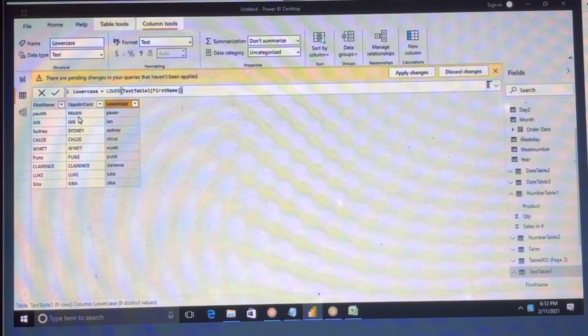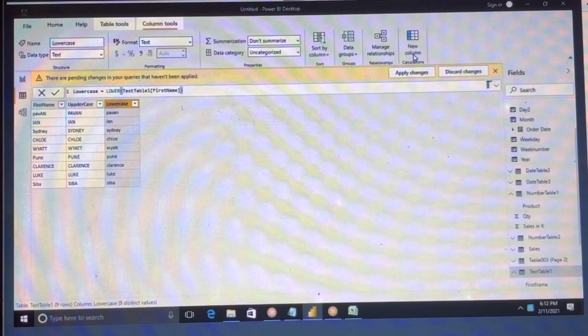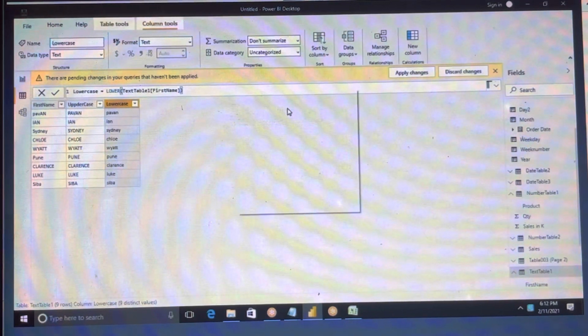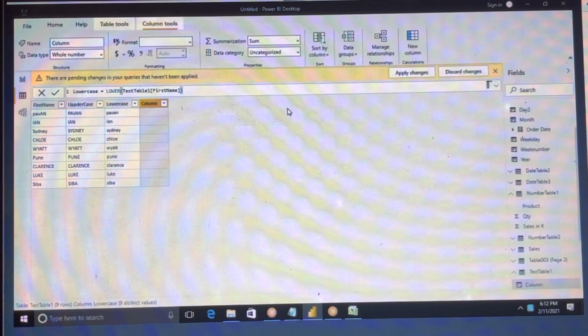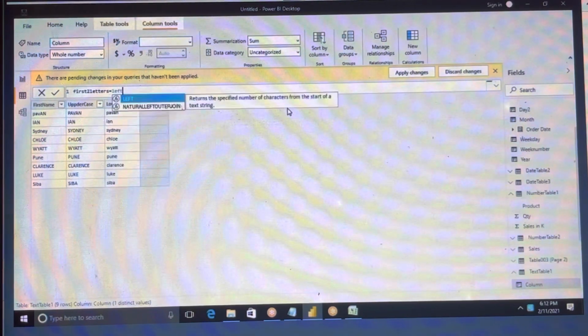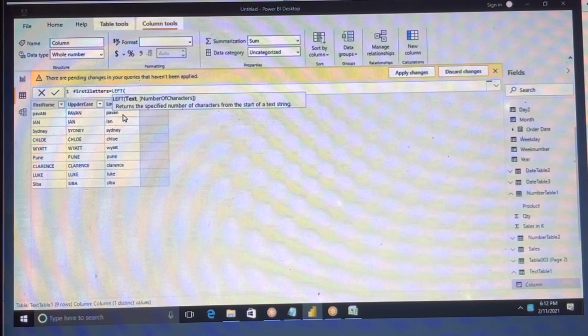For example, I want the first two letters from the uppercase. So how will you do that? Click on new column in a similar way, and name it for the time being as first two letters. Now there is left and right. In SQL Server, what will we use for the left two letters? We can use the left function.